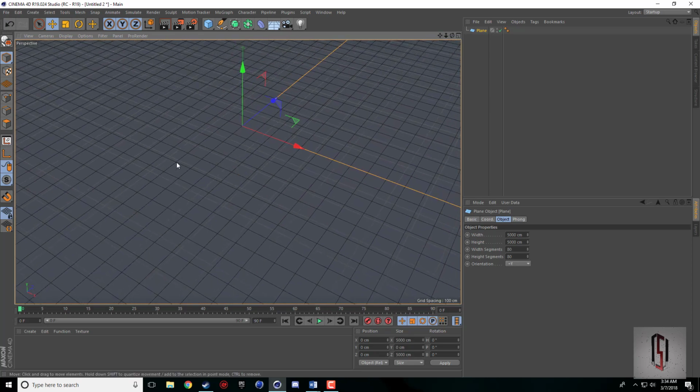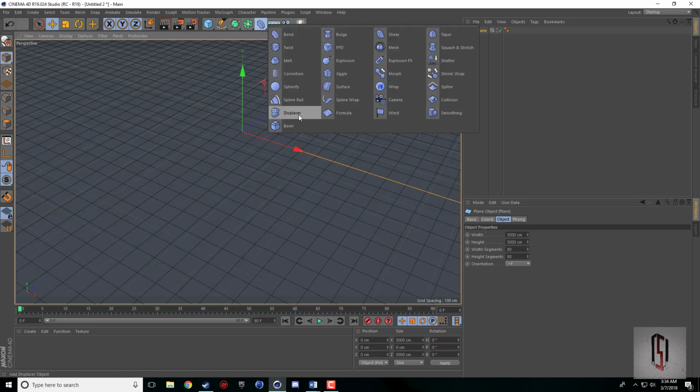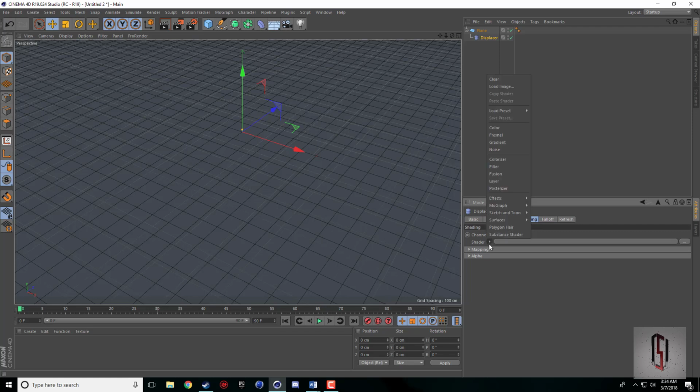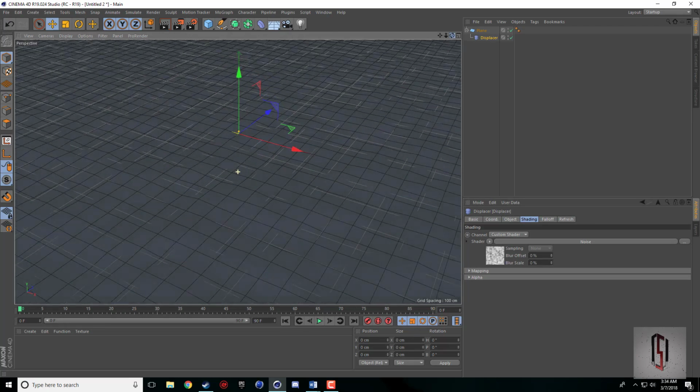So now that we got our plane, which is going to be our water, we want to set it up for the animation so that it deforms and moves around and has some organic random movement. This actually doesn't have any keyframes. All you got to do is grab a displacer. We're going to make it a child of the plane object, and we're going to come into shading, click the little arrow, and click a noise. So it's going to throw our noise in here,